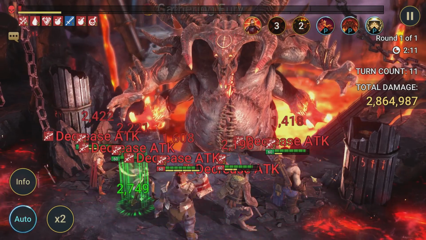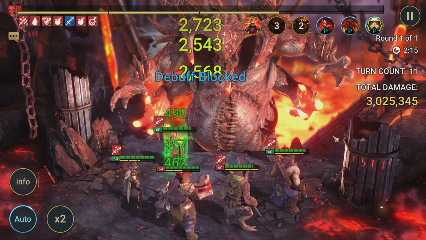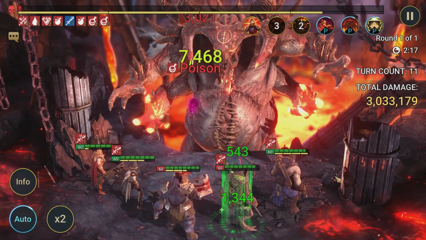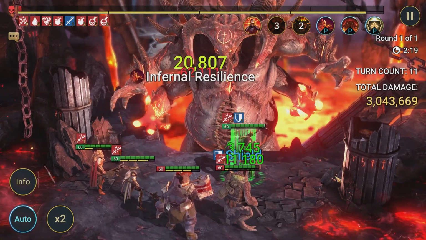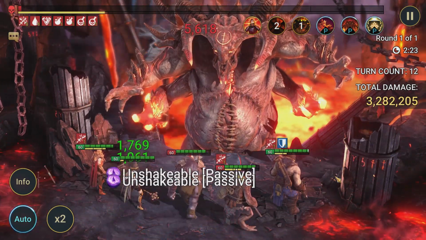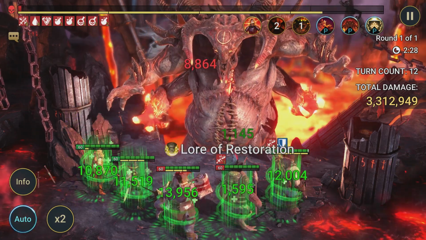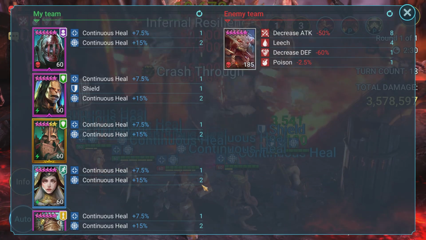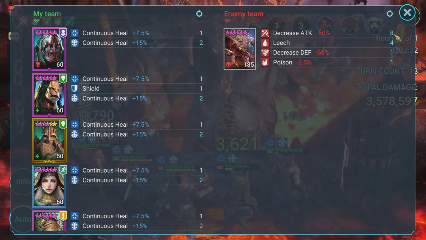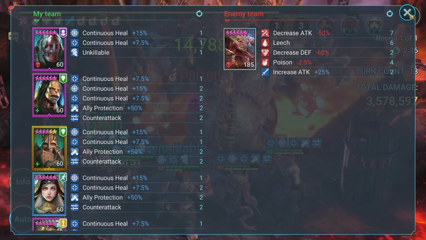You know, Grush hits actually fairly hard now that he has War Master on him. But I'm going to just have to get him better gear to get his damage up. So we got 8 stacks of attack down on the boss. That's pretty funny. Decrease attack, he's got 8. That's funny. But he put his increase attack buff up, so...